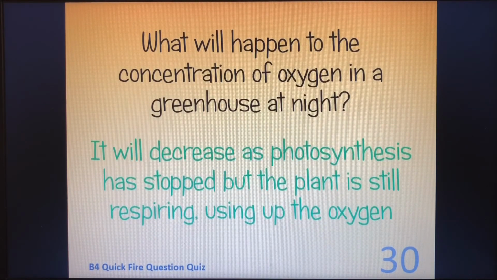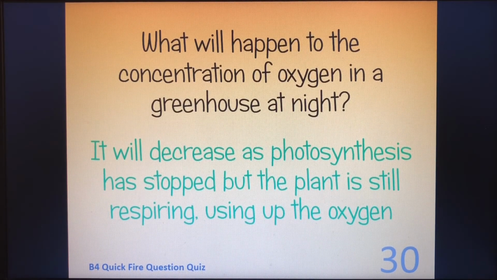Answer is, it would decrease. And the reason for this is that photosynthesis has stopped because there's no light, but the plant is still respiring, which means it's using up the oxygen because oxygen is used in respiration. You must remember that plants still respire, they're living things, they all respire. Uses up the oxygen, therefore the levels will decrease. And then in the daytime, photosynthesis is at a greater rate, so therefore we see an increase in the oxygen